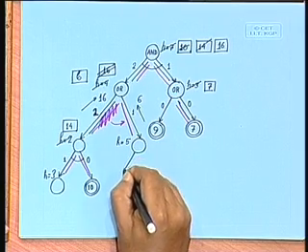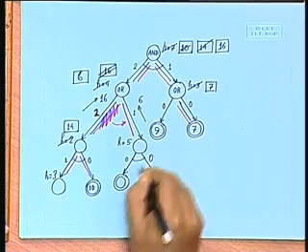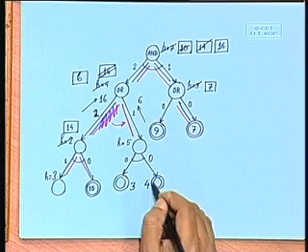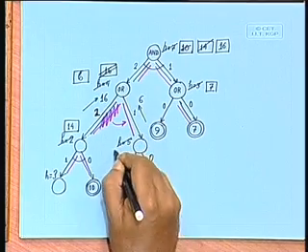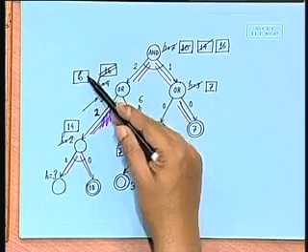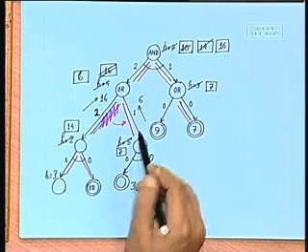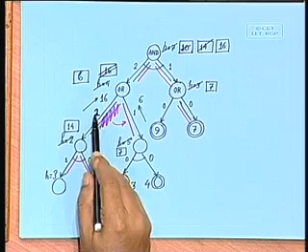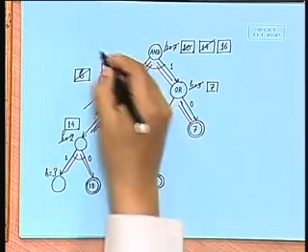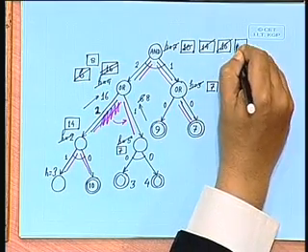Then I expand this, and let us say I get this, let us say that this is an AND node, and I have this with a cost of 3 and this has a cost of 4, and they are all solved nodes, terminal nodes. So, now what is going to happen? This is going to get updated to 7, right. Now, this is going to get updated to 8, but this is still the best successor, because we are comparing between 7 plus 1 and 14 plus 2. So, between 16 and 8. So, we will select this one still. This is going to get updated to 8 and this is going to get updated to 18,